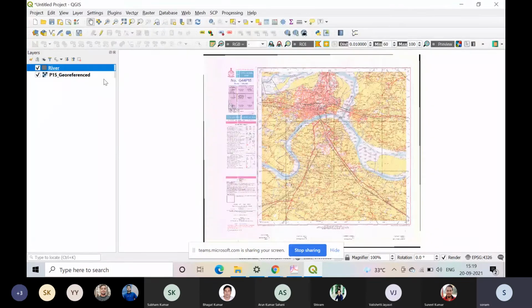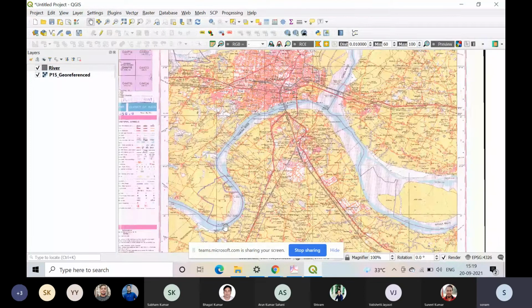Now, if you see on the map, the river is like a polygon over here. Why? Because it is not represented just by a line, it is covering an area. That's why the river needs to be digitized like a polygon. The process will be same. You need to click on the toggle edit. Okay, and once you enable the toggle edit,